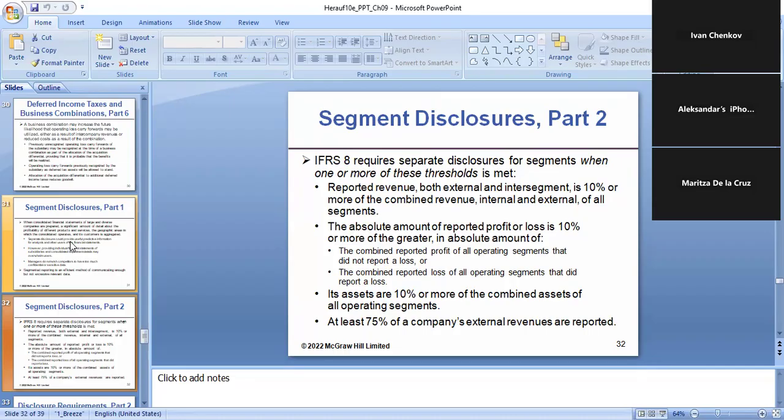Next one is if the assets are 10% or more of the combined assets of the operating segments, and at least 70% of the company's external revenue is reported. So you can see the 10% is the main threshold here. Everything that is above 10%, we might consider separate disclosure, only if you want to make the financial statements more